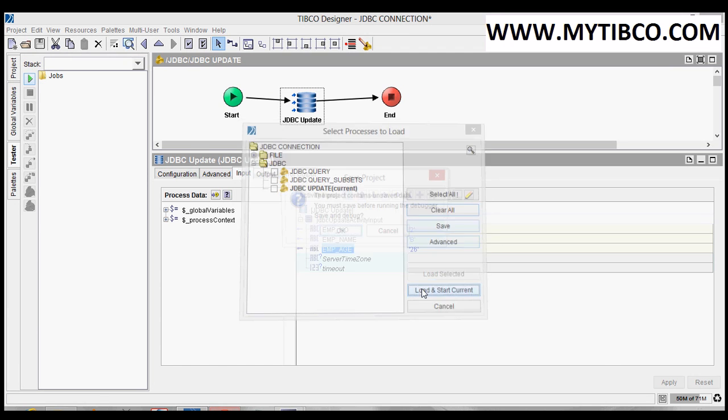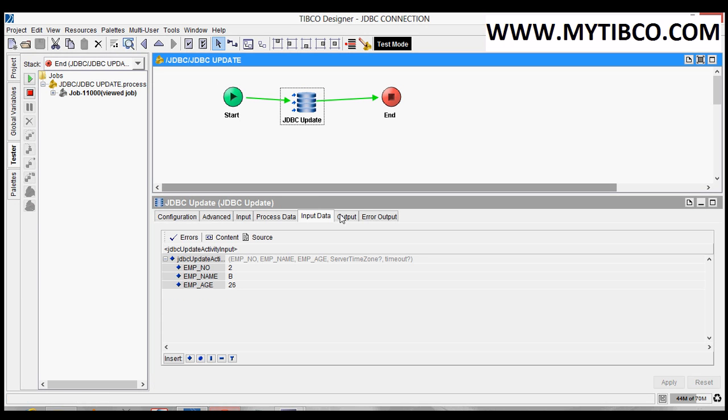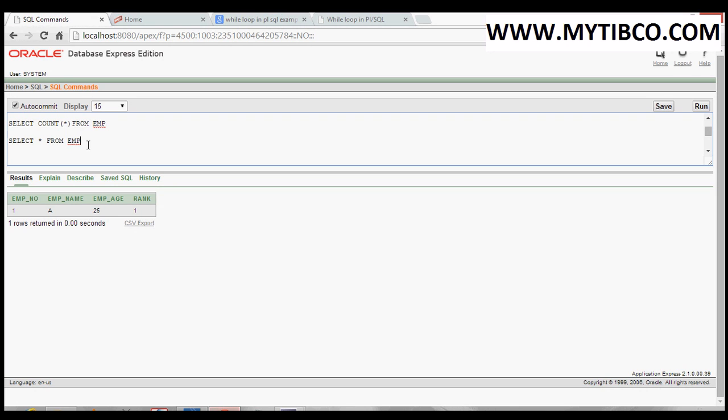Run it. Now see the input which we have passed, and in the output we got only one update. Let us see the data in the EMP table. We got the second record.